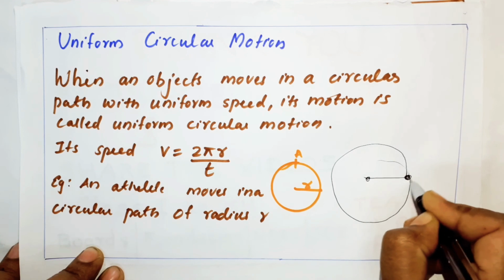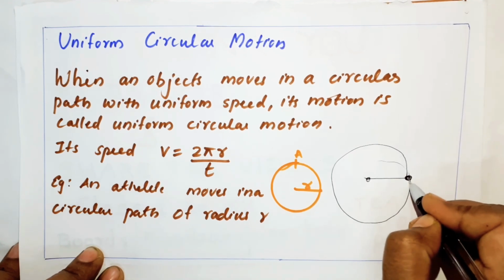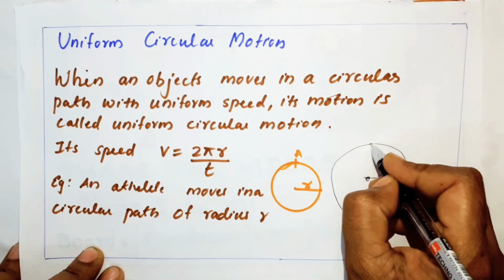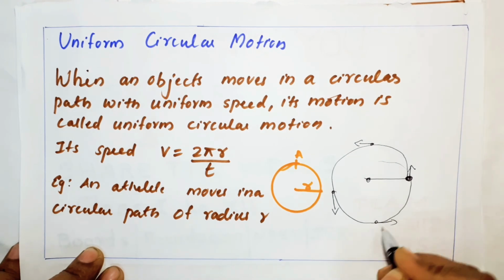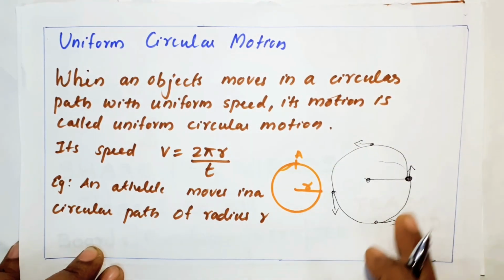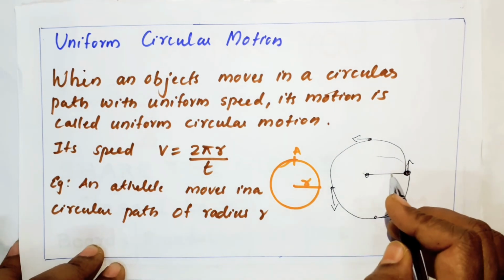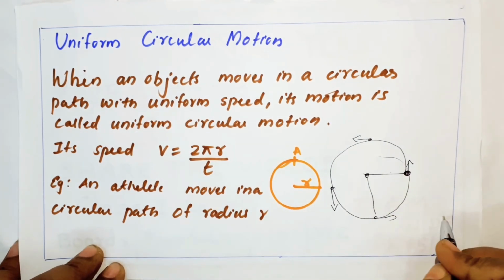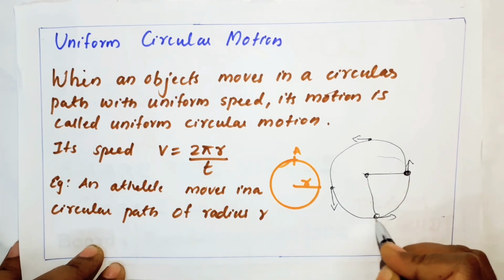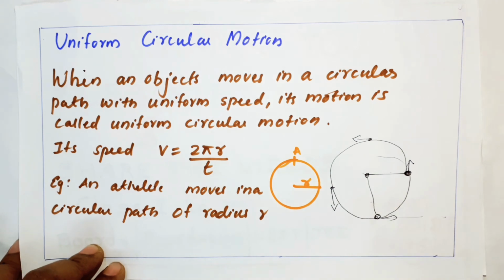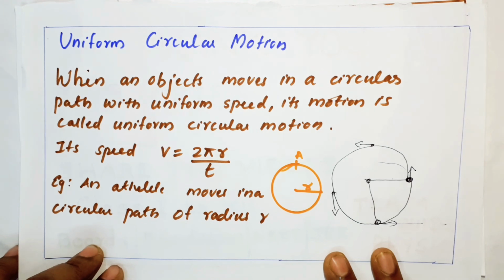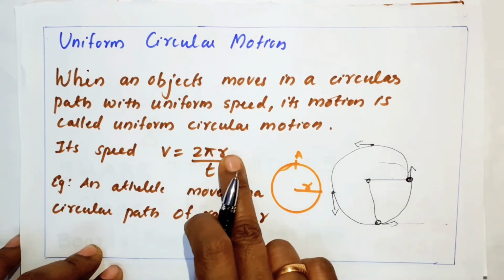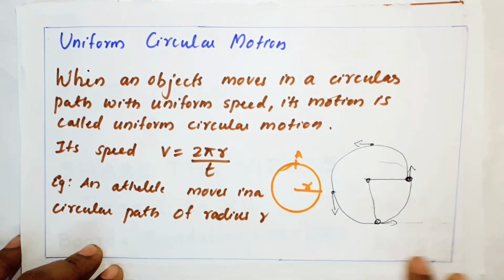The speed may be the same, but if you take the velocity at this point, you take a tangent. If you take the velocity at this point, tangent. If you take the velocity at this point, tangent. So what is happening? The velocity at each and every point is changing, which means its direction is getting changed. That's why, if the string is cut, the stone moves in this direction. If the string is cut here, the stone will move in this direction because it moves in the tangential direction. So uniform circular motion means the body moves with constant speed, but the velocity, meaning its direction, will change. So speed we can write as 2 pi r by t, because it is distance traveled divided by time taken.